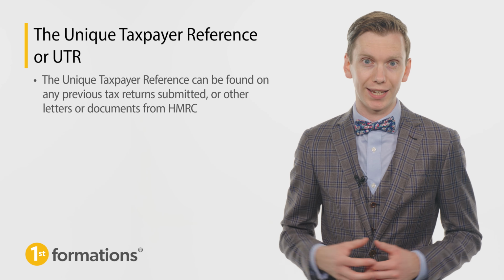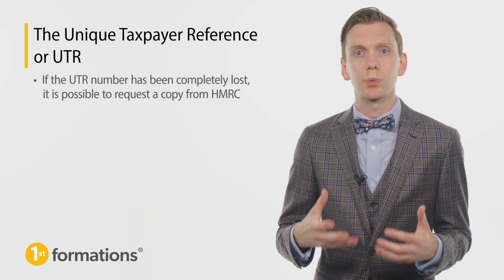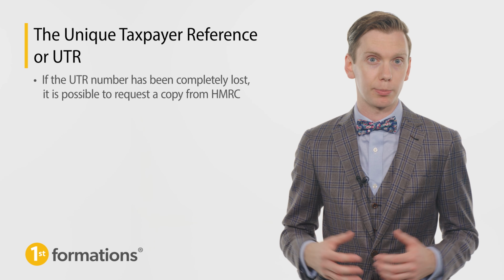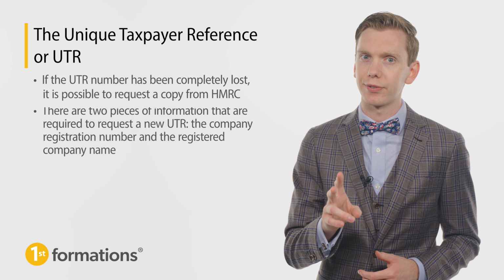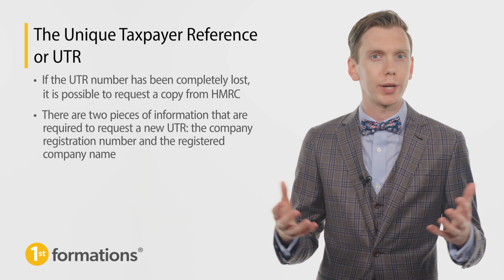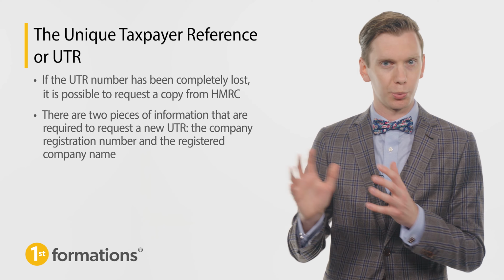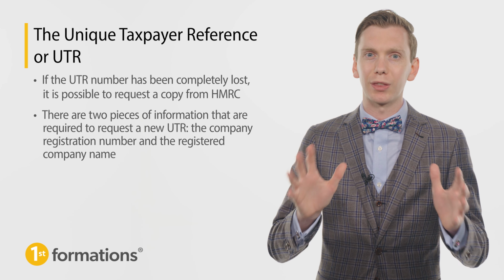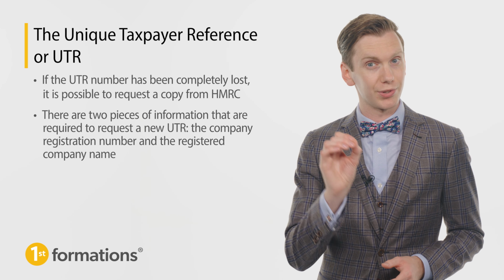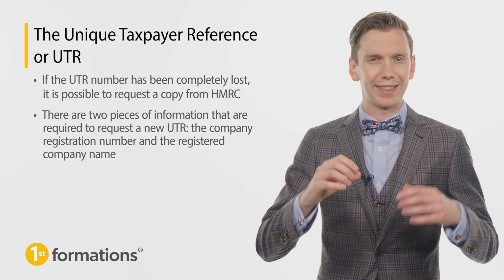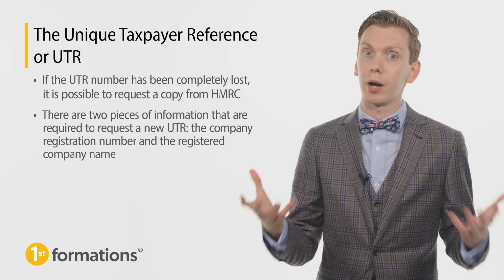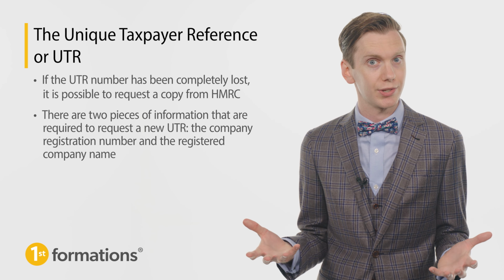This TIN can also be found by logging into the online corporation tax account. If the UTR number has been completely lost, it is possible to request a copy from HMRC. There are two pieces of information that are required to request a copy of the UTR: the company registration number, which we'll come on to in just a moment, and the registered company name. Once it has been successfully requested, this TIN will be sent by post to the company's registered address as shown